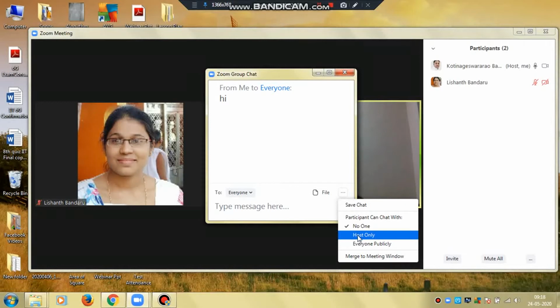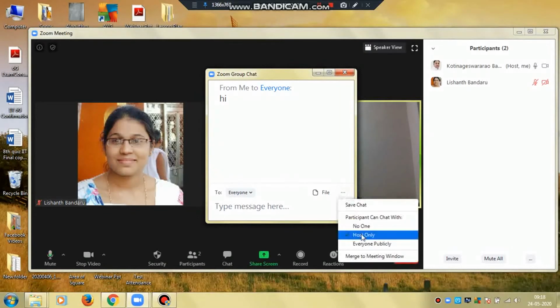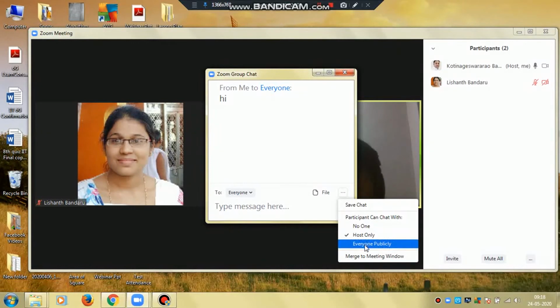So this must be enabled, so that students are not going to send messages to any other friends, and only the host can see the messages, and the students have to send messages only to the teacher. And here, everyone publicly means students can send messages among themselves, and they will not concentrate on the teaching. So this must be disabled.